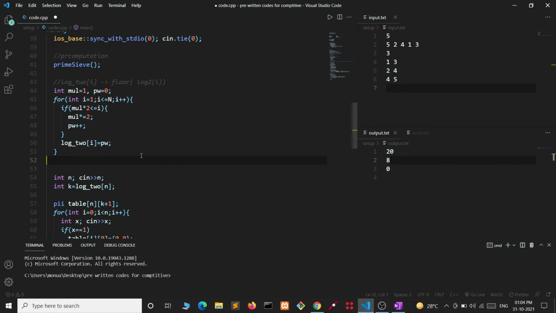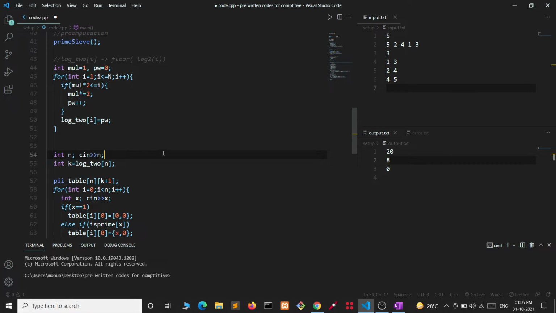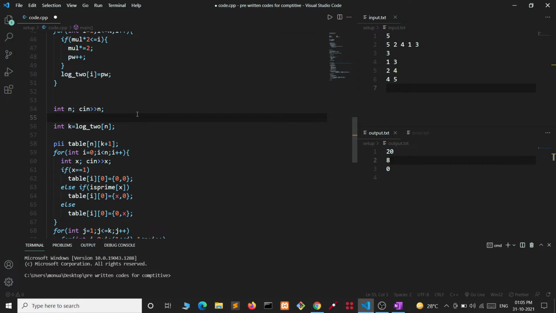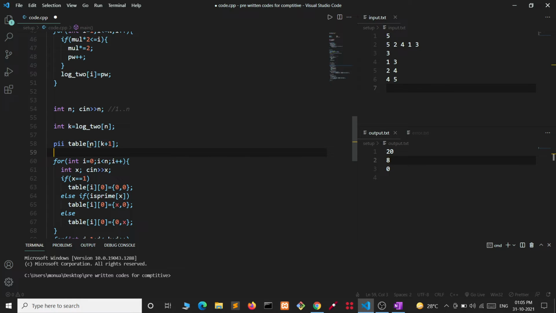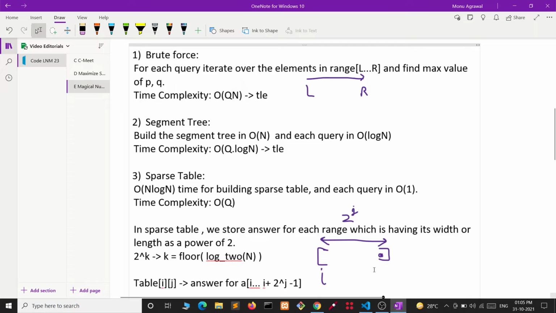After that we can take the input, the n, as we will be having the permutation of integers from 1 to n. I have calculated the k. I will be having a table of pair of int, table n by k plus 1, like we found here.